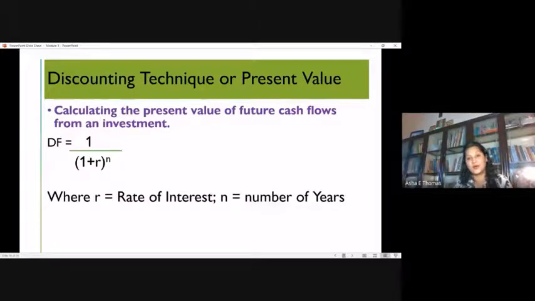That is the present value concept of discounting. Now, there is one factor which is very important when I'm looking into the present value concept. That is the discount factor. It is the rate which I use to discount the money to the present. So it takes care of depreciation, it takes care of inflation in the money market, and it also takes care of other external environment factors that are going to affect the value of money. So the discount factor is the factor which we apply to understand the present value of money we are expecting to earn at a future period.